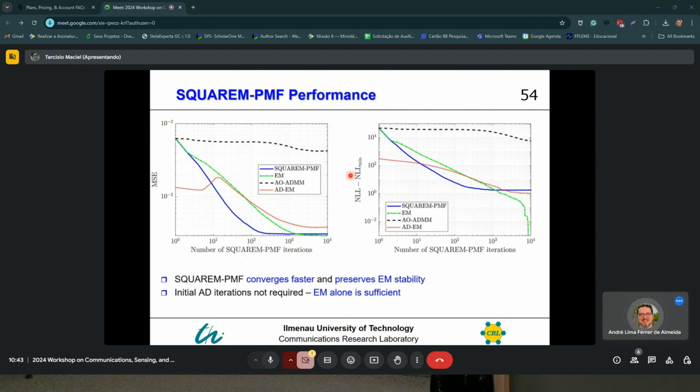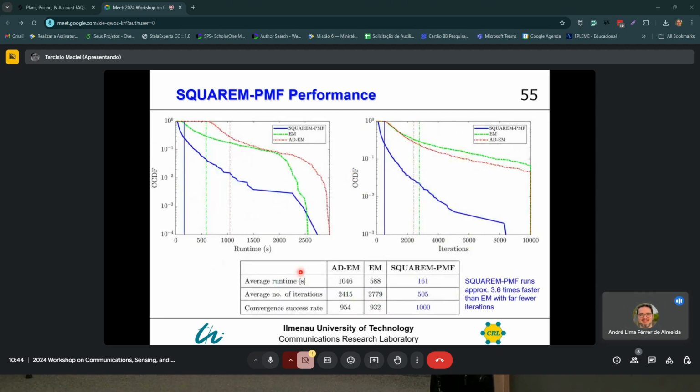And this is because it only looks at the marginals in the data, and if you have missing information, some of those three-dimensional marginals will not exist. So there's some inaccuracy there. While the EM algorithm, and of course also the square EM PMF, looks at all the data and does maximum likelihood. Okay, so now we have the runtime, and you can see here that square EM PMF has a